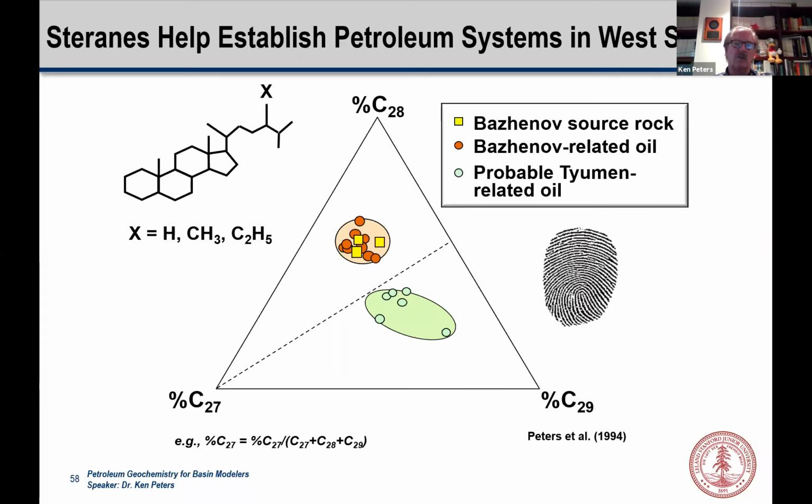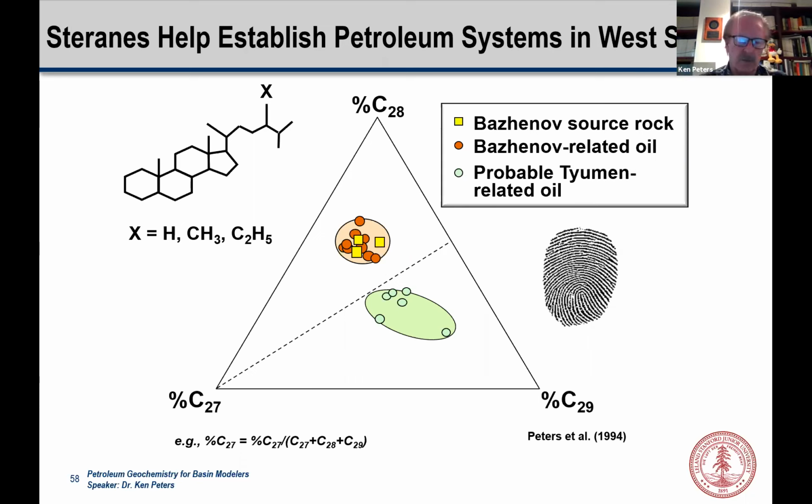Here's another example of GCMSMS data. This is some work that we did, again at Chevron. This is, again, basically a fingerprint we're looking at. This was some work that we did for the Russians. Alexei Kontorovich came to us and said,